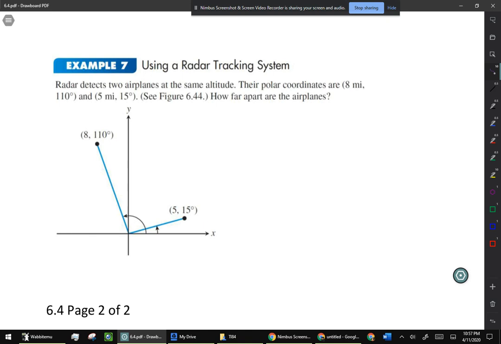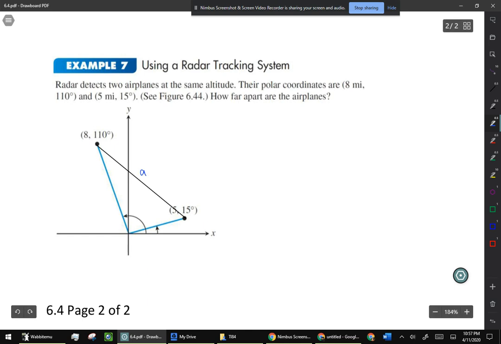And their polar coordinates are 8 miles, 110 degrees. So this one is 110 degrees, 8 miles away, and 5 miles, 15 degrees this way. How far are the planes? So what's that? Well, if that's the case, that's a straight line. How far are the planes apart? And so we are going to figure out